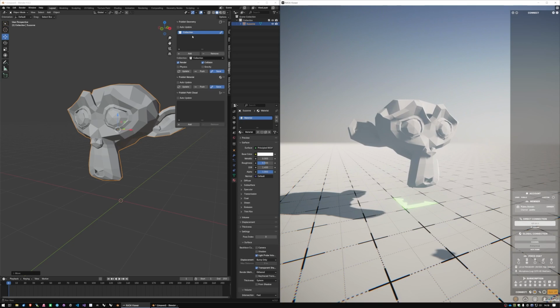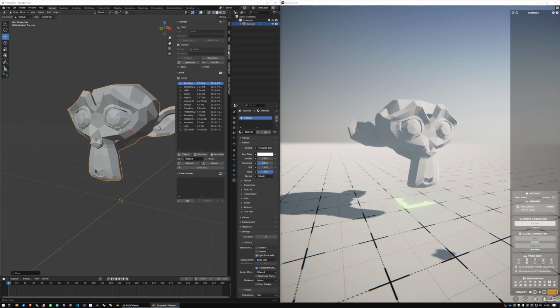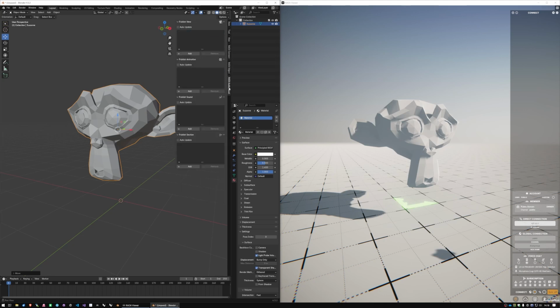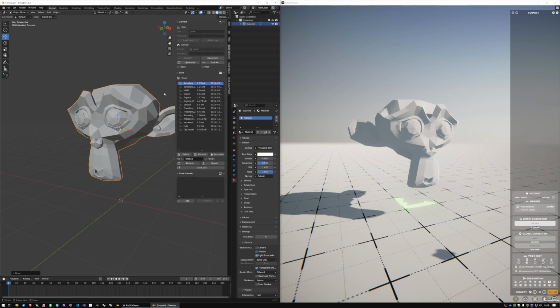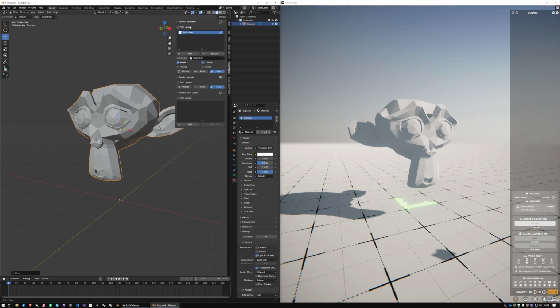You can choose to update each collection, but also if you go back to Radii Connect, you can update all components. And this will update all changes on all the components. So I'm imagining that you will do your work in Blender, and then at one point you want to update all, and everything is updated in the viewer and you can work on. But you have the option to auto update.